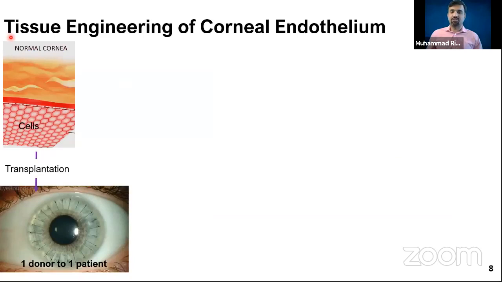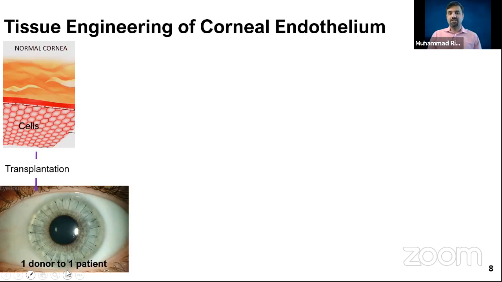Really, the only option that we have now is we take a cornea from a donor, and then we transplant that cornea into the patient. So basically, we remove the patient's cornea and we put this cornea into the patient's eye, and we suture it. Of course, it's a painful procedure. It takes several months for full recovery. But there's another problem. We can only treat one patient with one cornea, right? But as I mentioned, we don't have a lot of donors.